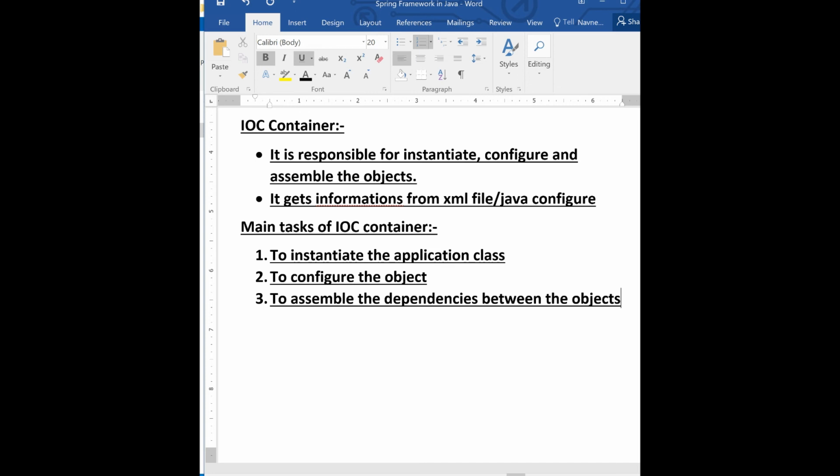If you have any doubt, you can comment and I will explain in the comments too. We have understood the main task of the IOC container: to instantiate the application, to configure the object, and to assemble the dependencies of objects.